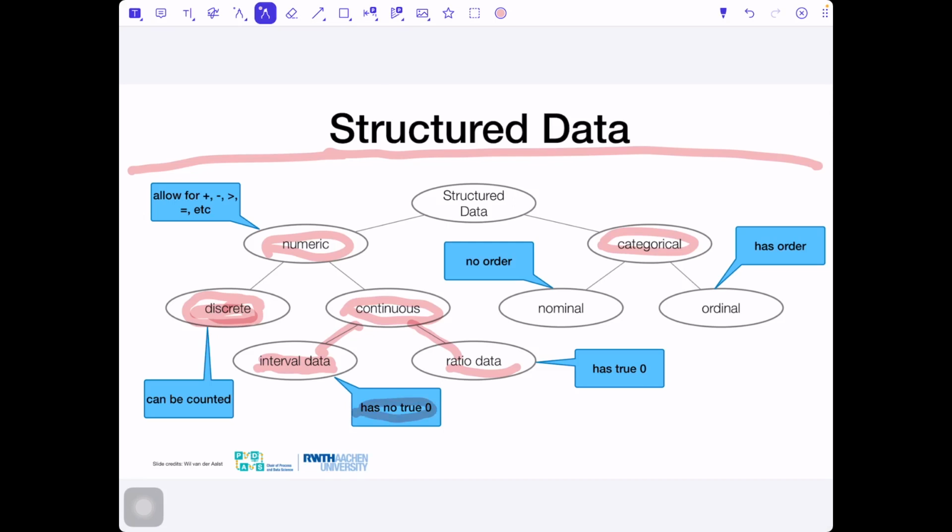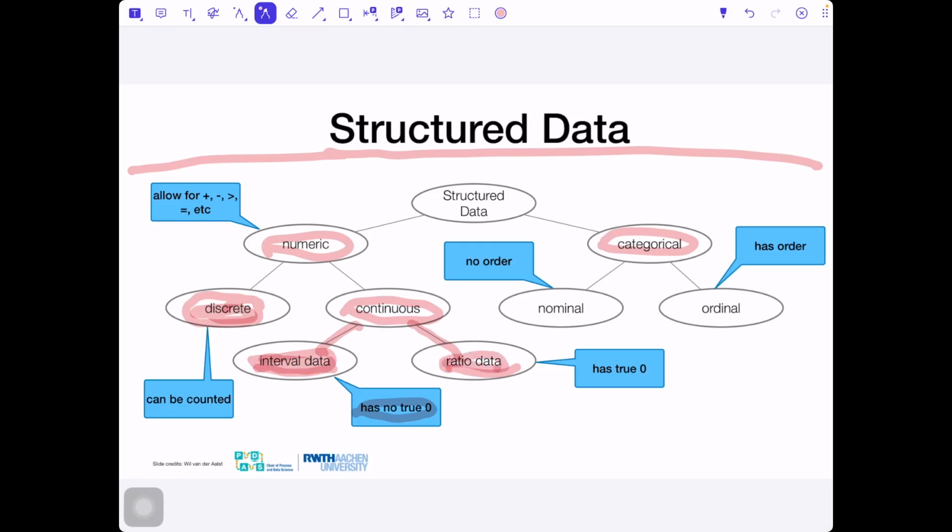We cannot say that tomorrow will be twice as warm as today. We could only say that tomorrow is 2, 3, 5, 10 degrees more than today. So we cannot apply multiplication or division with this data. Well, we have some zero, the Celsius zero, but we cannot say that today is twice as warm as yesterday.